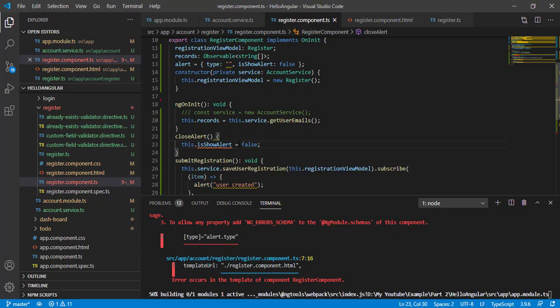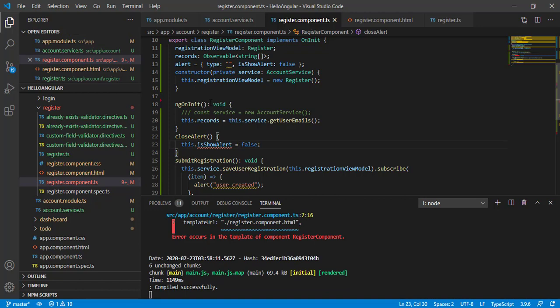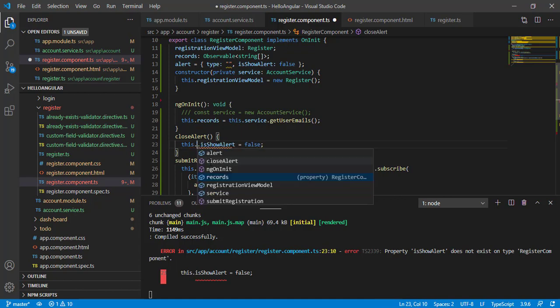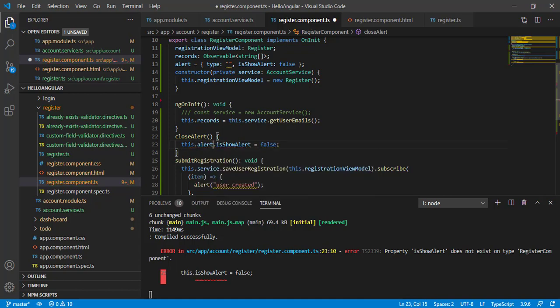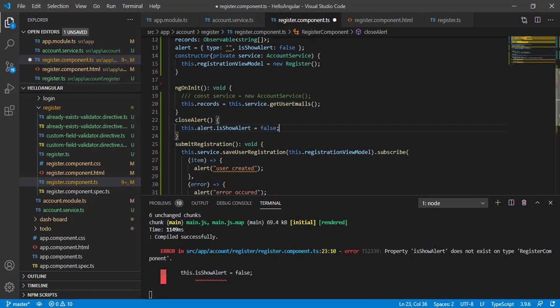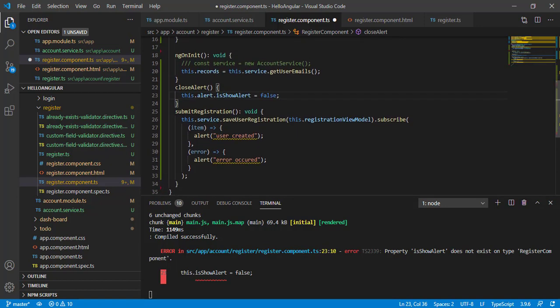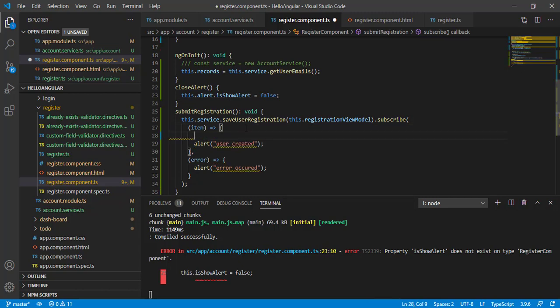So whenever we will close, this should be this.alert.issueAlert. So whenever we will close the alert, it will set to false. So this will hide our alert. And here, instead of giving this browser alert, I am going to use our alert service. So I will make it true,